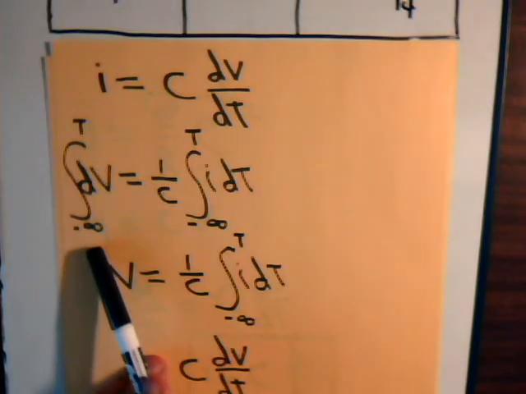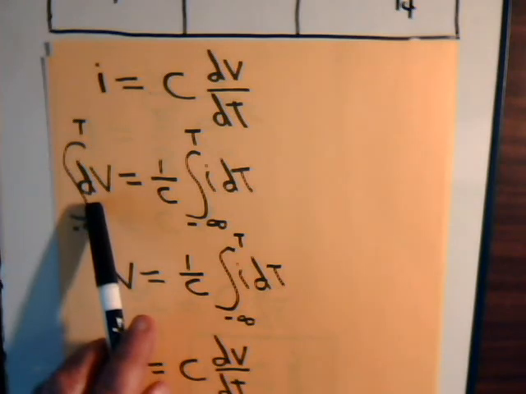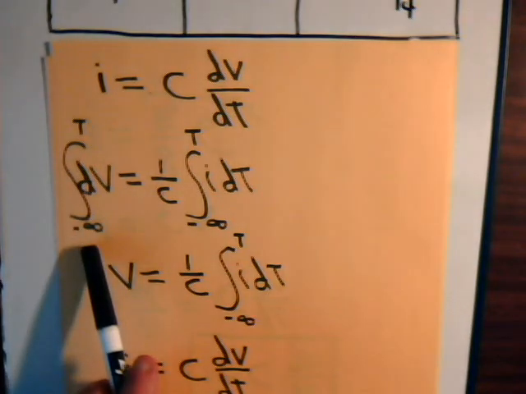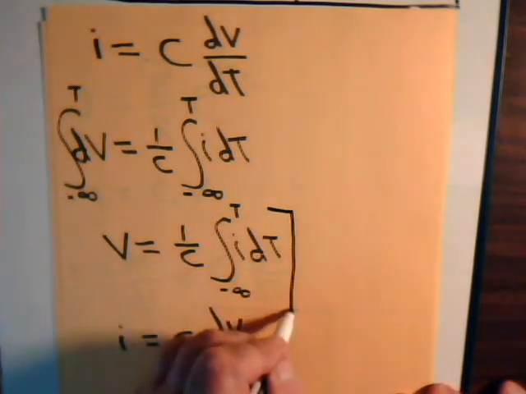Typically when you see this in textbooks, they'll be talking about integrating from minus infinity up to some point in time t. The point is that when you integrate this, taking limits from minus infinity to t, where at minus infinity the value is 0, you simply get an expression for the voltage V, and that's this. So in this video, we're going to make use of these 2 equations,